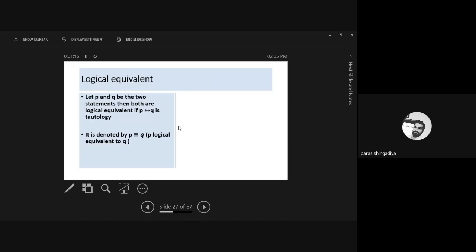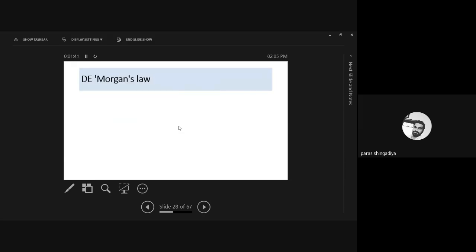When we say A and B are logical equivalent statements, if A biconditional B is a tautology, then it is called logical equivalent, A is logically equivalent to B. So that is the definition. Here it is given in P and Q form in place of A and B. So you can use any notation in place of a statement. Clear? That is the case we discussed in the last lecture.